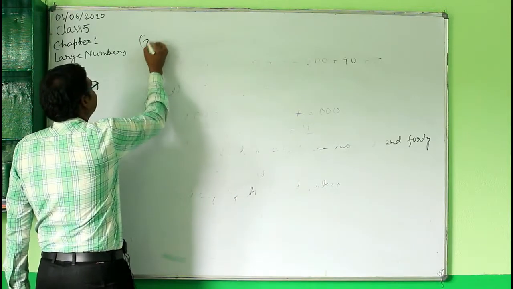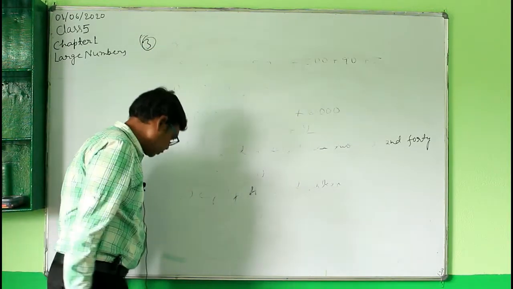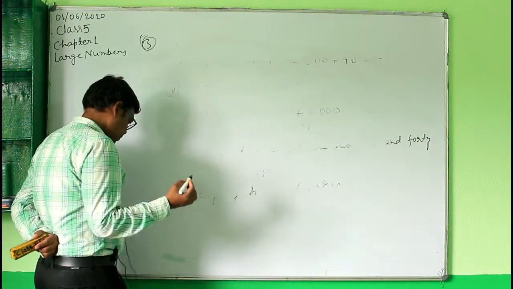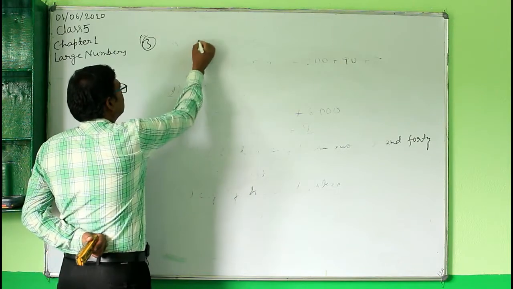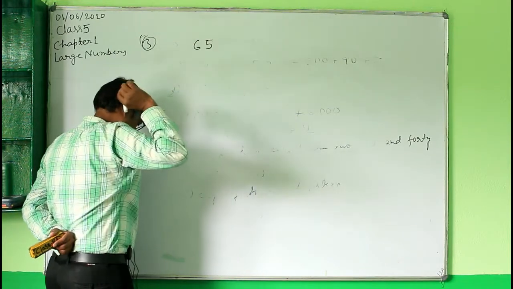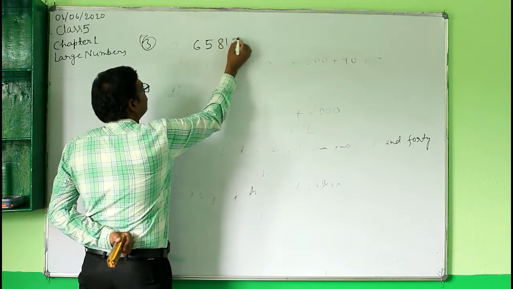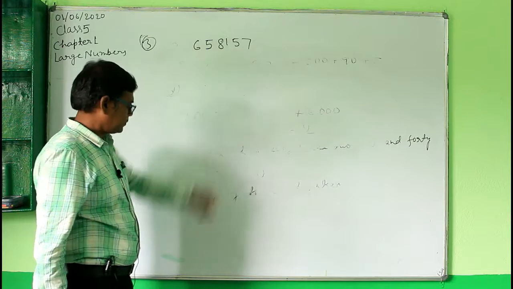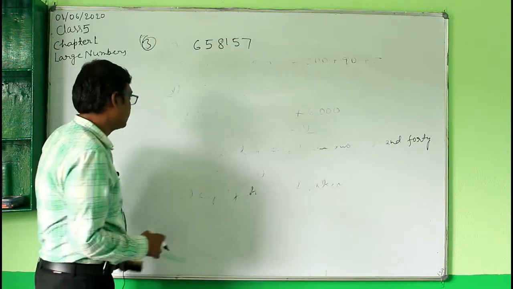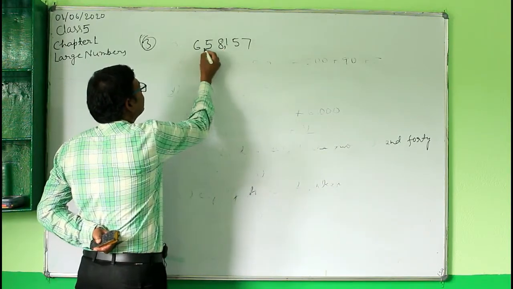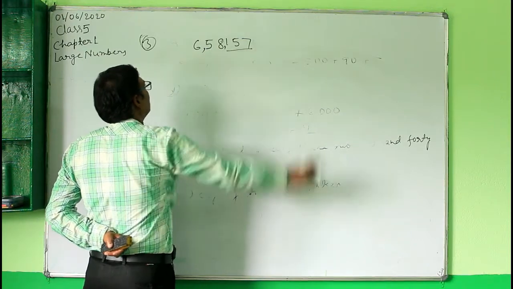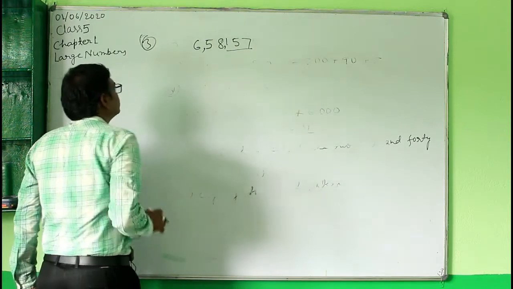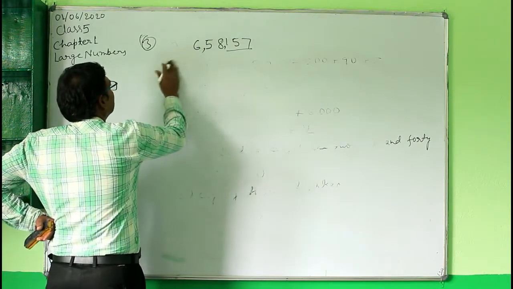Question number 3. In question number 3, write the following numbers in words. The first question is 6,58,157. Now see that we have to write this in words. First put the comma here. This is the ones period. Then this is the first, and this is the lakhs here. So in this case, we will write the name here as